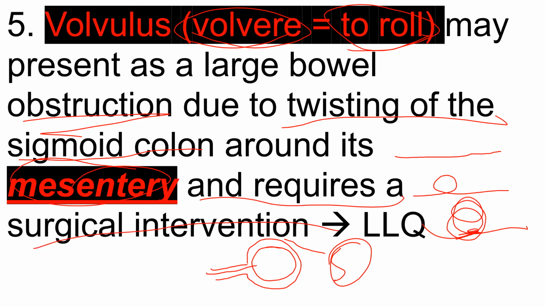This sigmoid colon is found in the lower left quadrant. Obviously, diverticula are also found in the lower left quadrant. Don't forget that. And sigmoid colon is found in the lower left quadrant. So pain would also